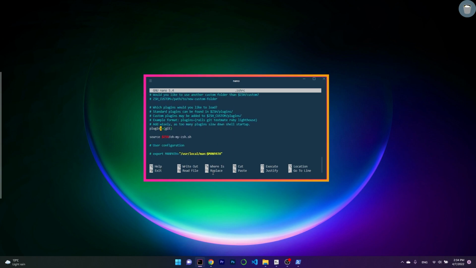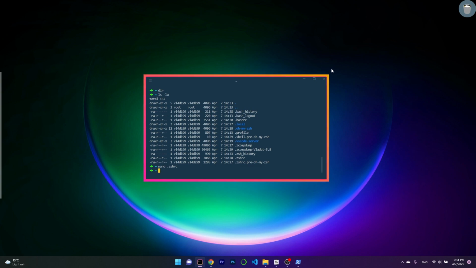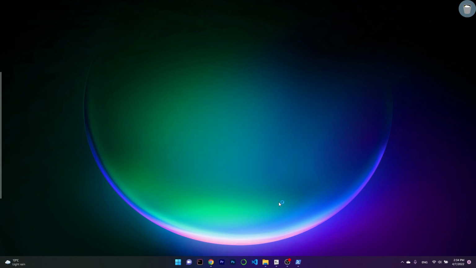Now in here we need to type in brew, colorize, leave git as it is, zsh-autosuggestions, zsh-aliases-exa, zsh-syntax-highlighting. Okay, now we hit Ctrl O, we save the file, again Ctrl X, we close our terminal, open it up again,